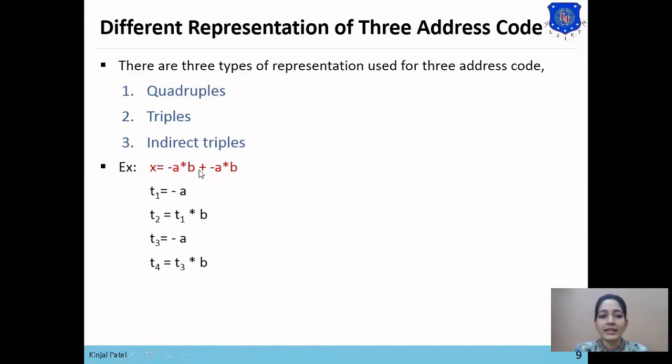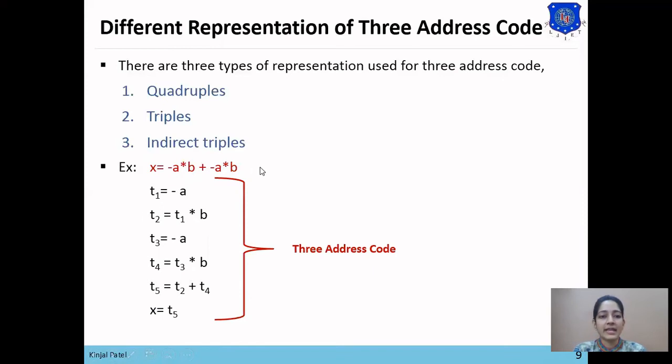Now we want to add these two sub expressions. So plus is used to add the sub expressions. The first expression has been stored in T2 and the second expression has been stored in T4. So T2 plus T4 equals to T5. So the operation on right hand side has been performed. Now we want to move this expression into variable x. So x equals to T5. So this is the 3 address code for this expression.